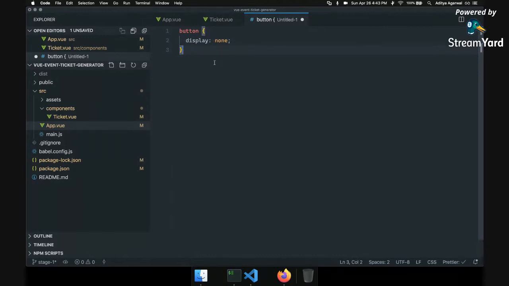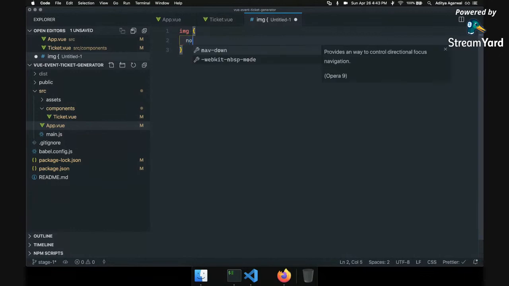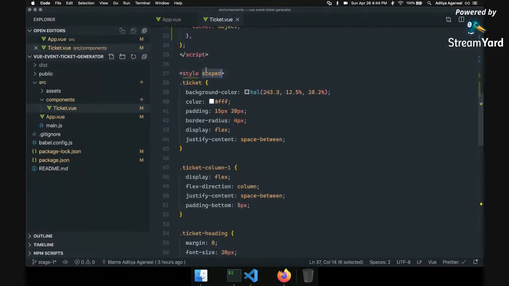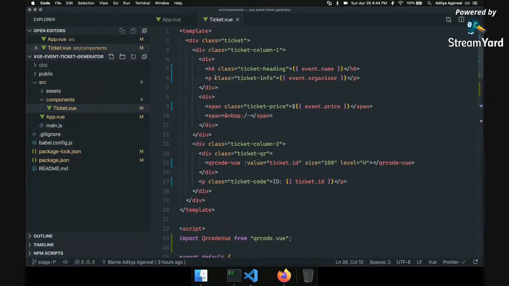Like, if we were building Instagram and we want to show a circular image, we just want it on the profile page that the image should be circular. And if we did image border-radius 100%, now this will affect all the images on the page. So even your square images will come rounded, which you don't want. Instead, in Vue, you can just put a scoped attribute on the style, and that way all the styles you are putting will only affect this component.